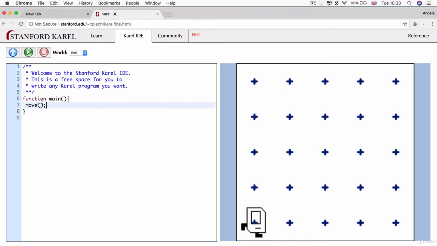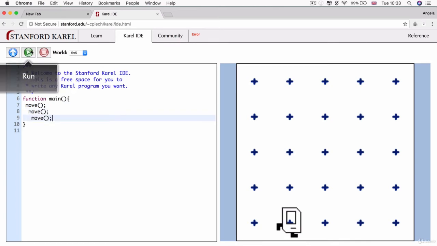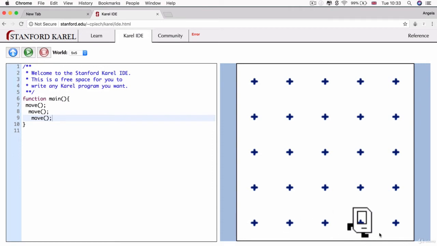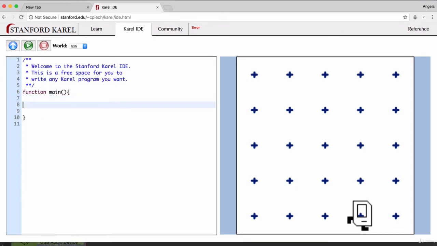If we call the function move on Karel, you can see it moves by a single space. We can obviously repeat this a few times. So now if we reset and we hit run, Karel will move by 3 spaces because we wrote the move command 3 times. Everything you place into this function main will get called when you hit run, but you can create more than one function. For example, I know that I can make Karel turn left by simply writing turn left, run, and she